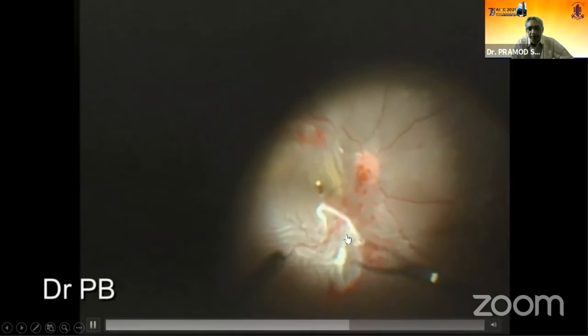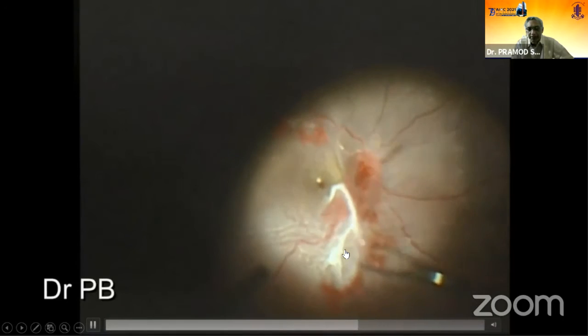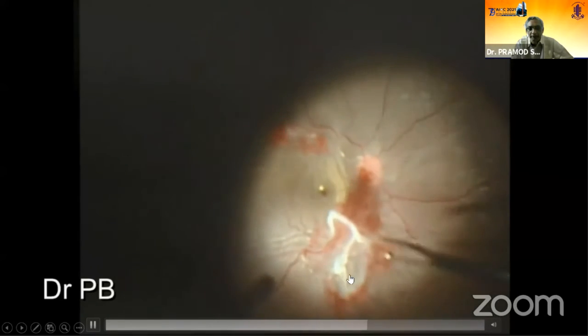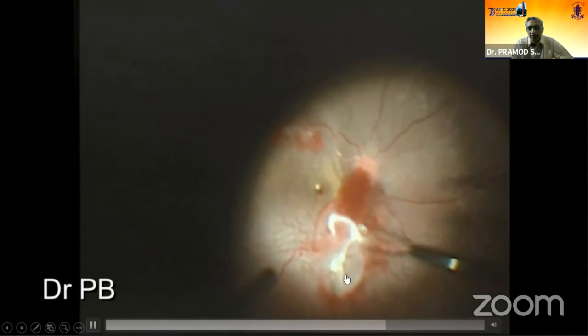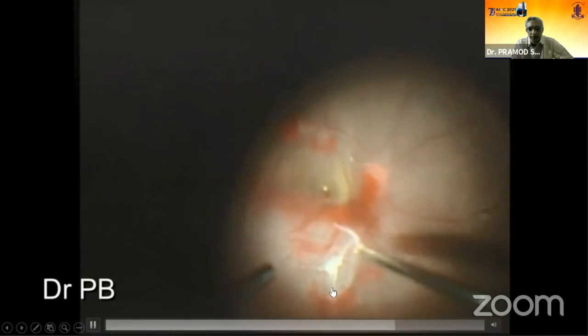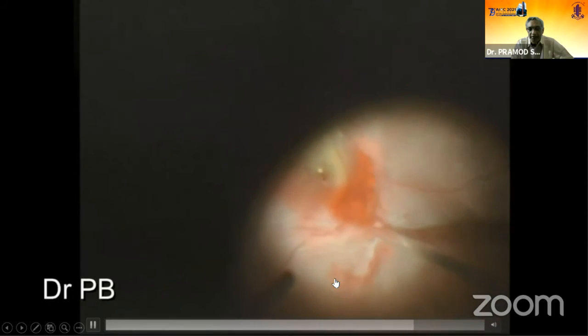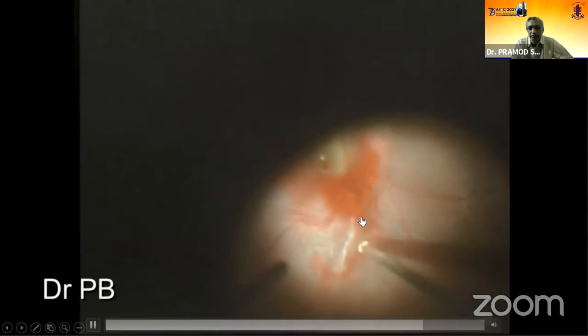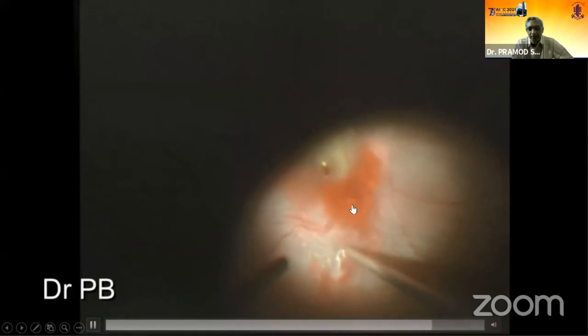This part came out easily. Sounds very easy. You get excited, but then once you reach this part, the end of this polyp, there was a firm attachment. And ultimately, while removing this, though I could dissect, I created two tiny iatrogenic breaks here. This is what came up, and then I started bleeding here.